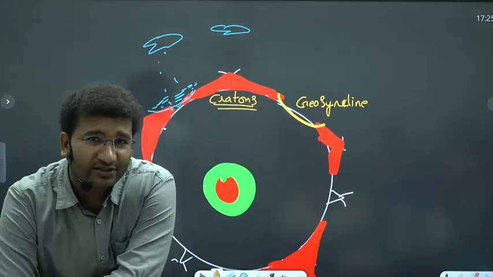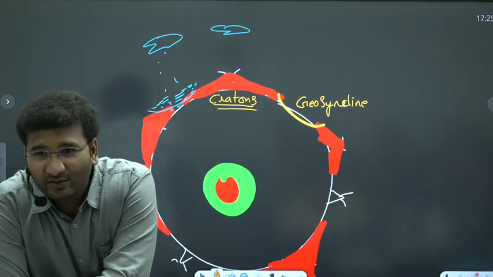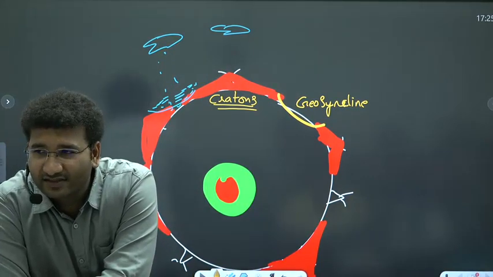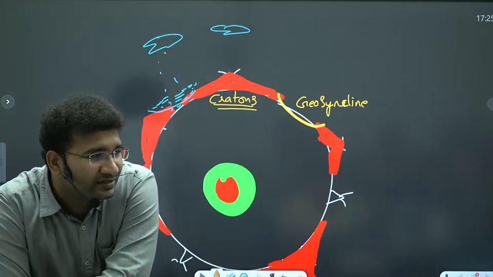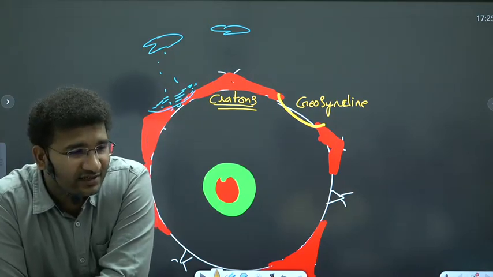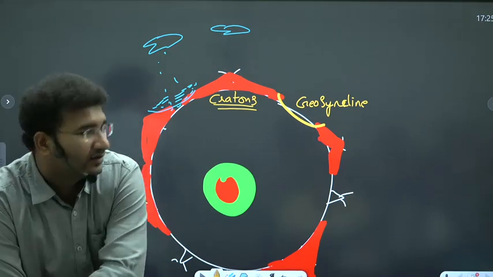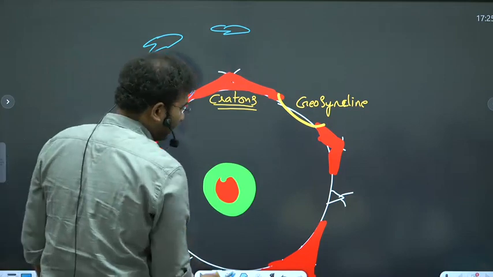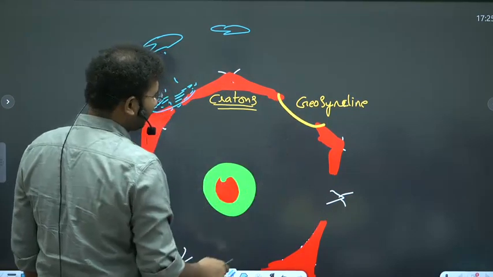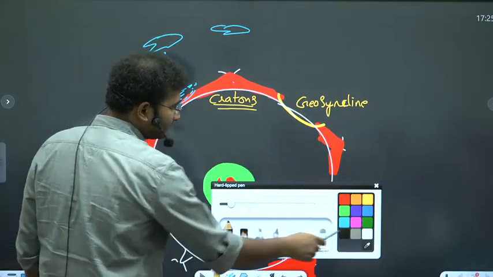Is Indian Ocean a geosyncline? Pacific Ocean a geosyncline? Atlantic Ocean a geosyncline? Yes, all of these are geosynclines. That means the major oceans of the world are geosynclines. These geosynclines later got filled with the water. Right? So, like this you find many geosynclines across the earth, but our interest is to understand how the landforms